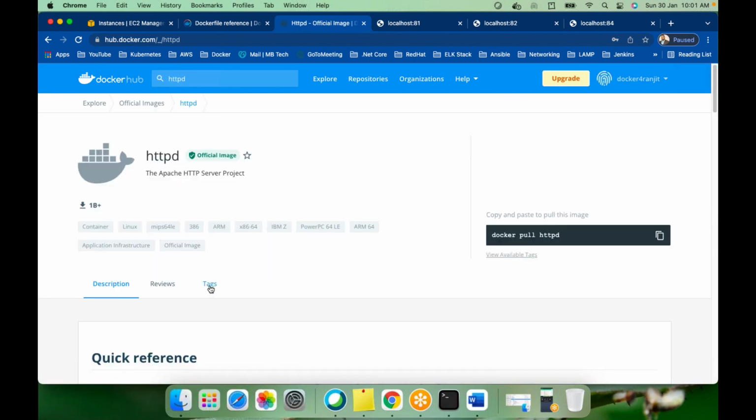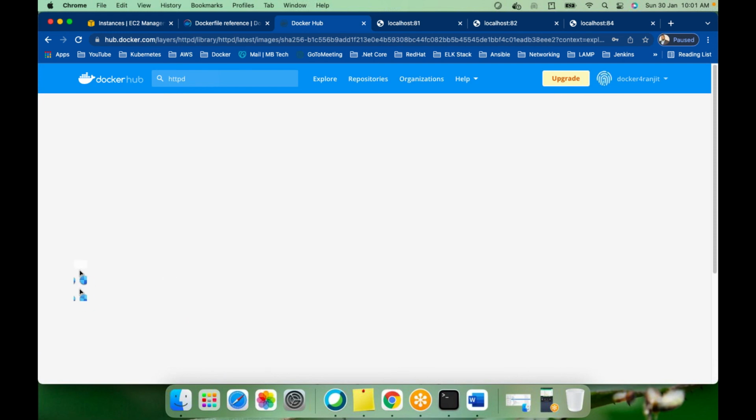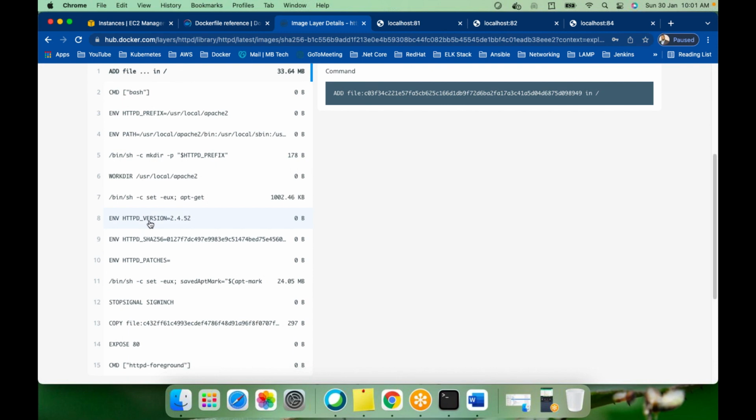Also, in real time, whenever you are working, you will see there are only 10 to 15 commands in a Dockerfile, and you have to use them all. It's very easy if you use all these in your commands. And if you don't know how to use them,